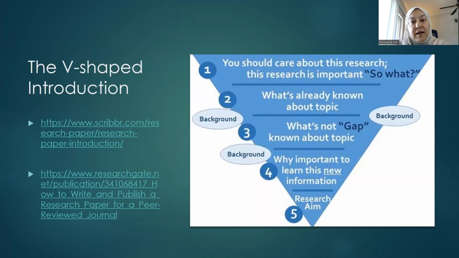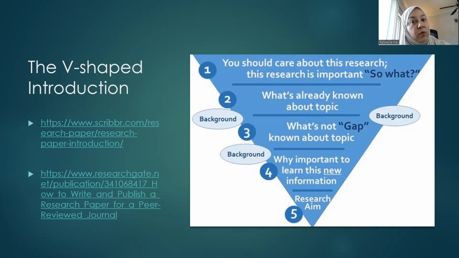Identifying the gap is an exercise that we do in our workshops. Once the gap is identified, you have your background: what you already know, what the existing gaps in this knowledge are, and why it is important to learn this new information. Once you have identified a gap, it is very easy to explain why this research is important, what we are going to learn from it that we do not know already, and how it is going to help us. You have a full-fledged background written there.